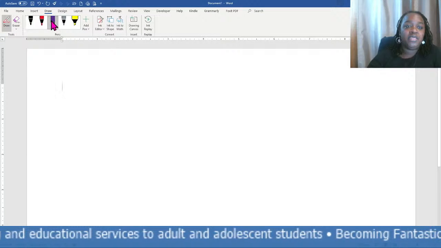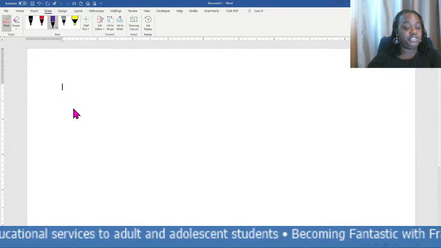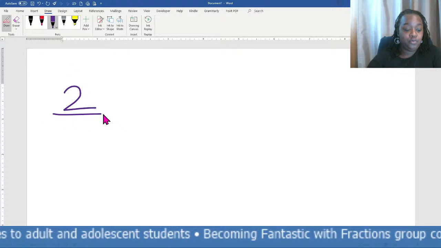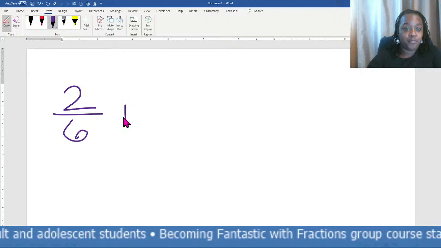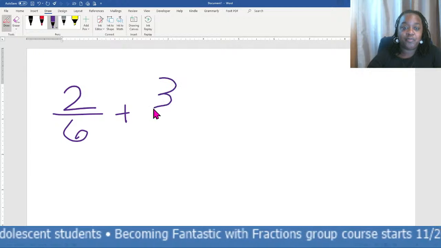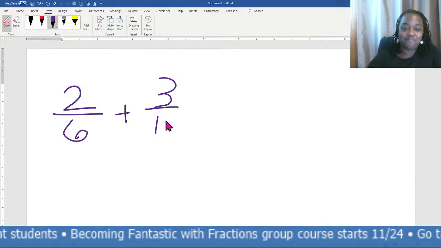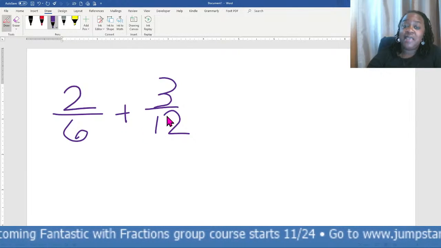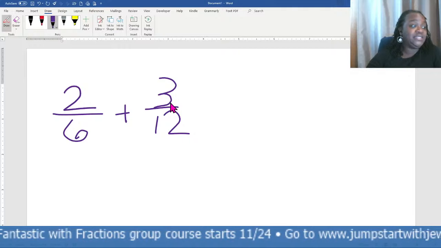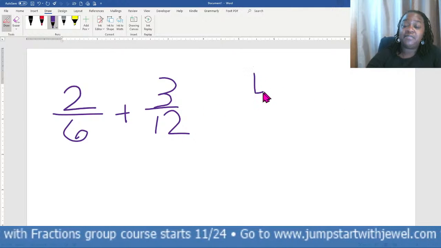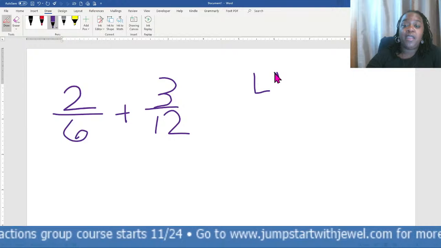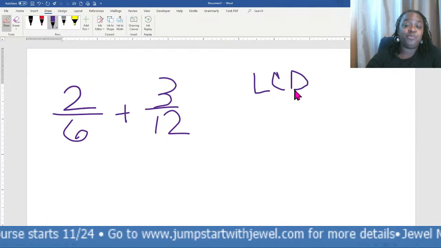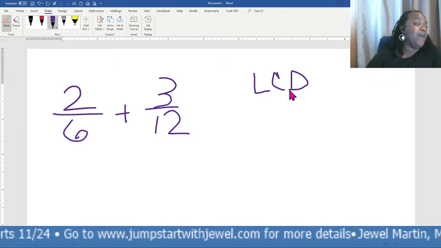So this one will be addition as well. Let's do another addition one. How about 2/6 plus 3/12? Okay. So, same thing here. You have to determine what is the LCD. Now, sometimes some fractions you'll see it where one of the denominators may already have the LCD. So you won't have to do any multiplication with that one, but you'll have to multiply with the other fraction.